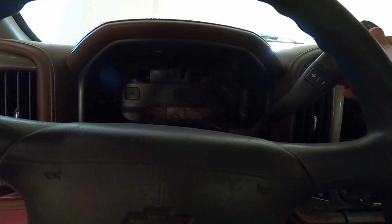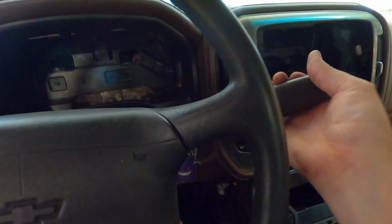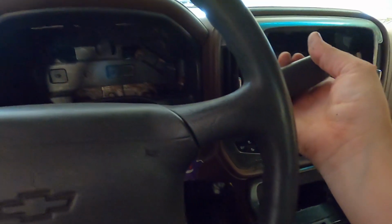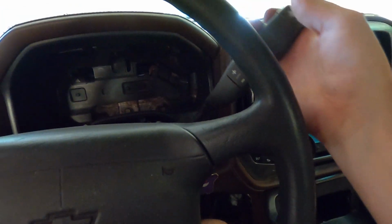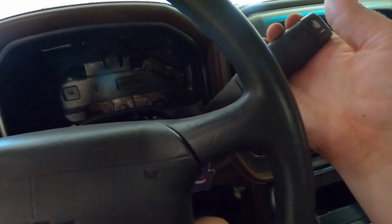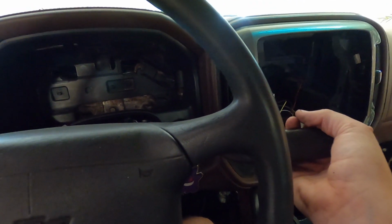Alright, so we're in park. Reverse. Oh man, I was hoping it took all that slack out, but it didn't. So let's see, this is reverse. No, this is park. Reverse, neutral, drive,